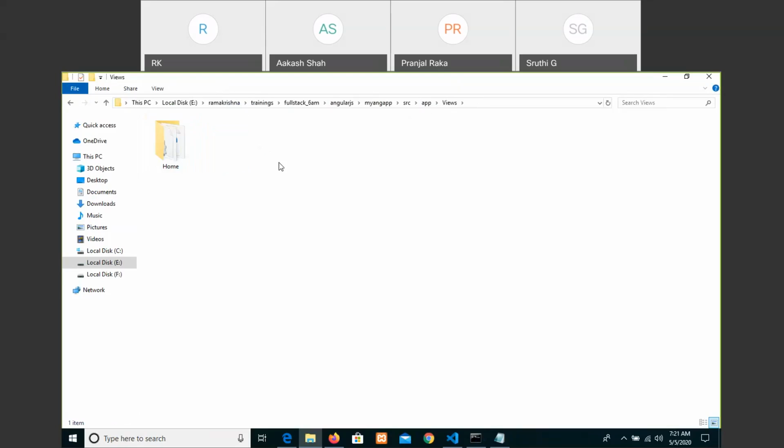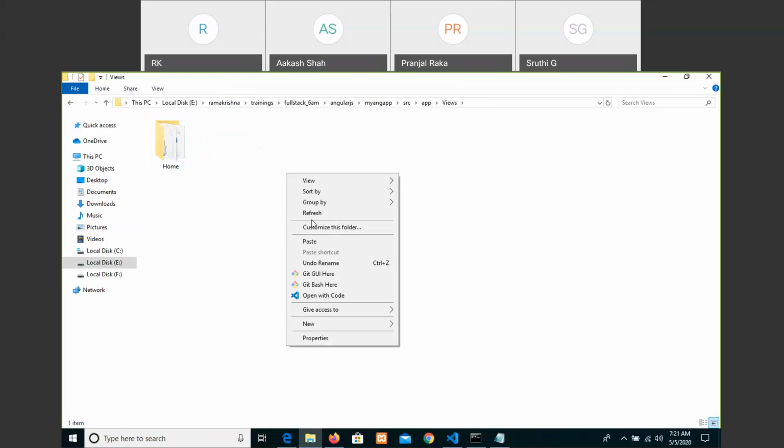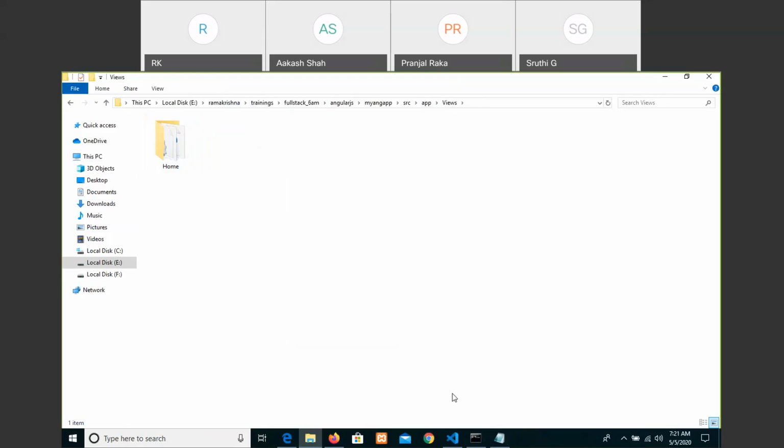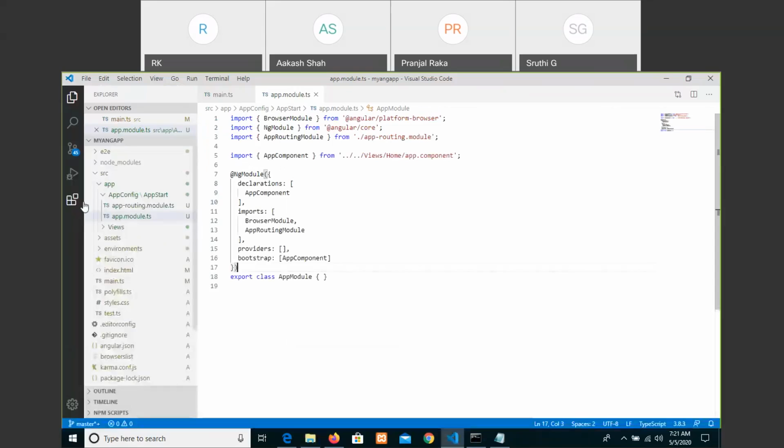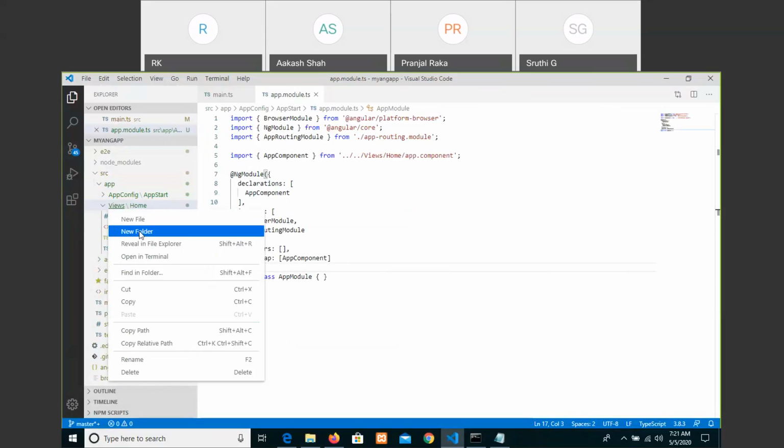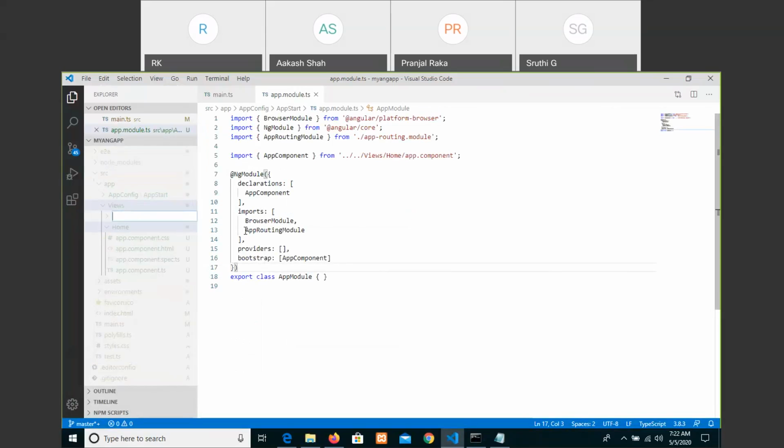So to create a custom component, in the same way, in the views folder, create a new folder. I want to create an about us component. So let us write.